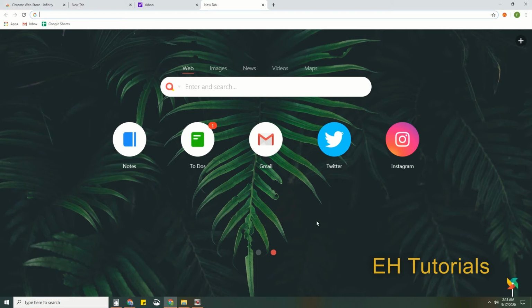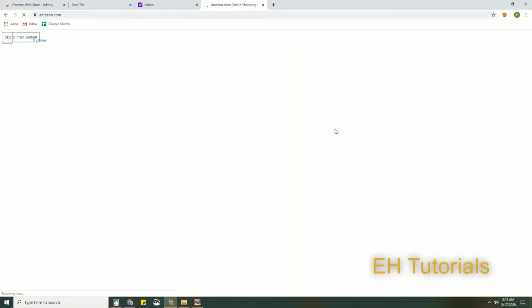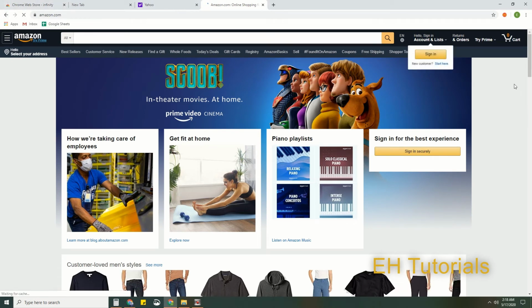That it remembers everything. You don't have to worry about not being able to have those links. And also, if you do like things to be a little cleaner, you can use the bookmarks up here, which I also do as well, but there's just shortcuts that you want to go to. So like if you want to go to Amazon, you can go to Amazon and it'll go there. And I believe there's even more things you can do